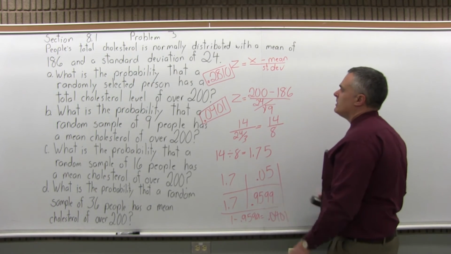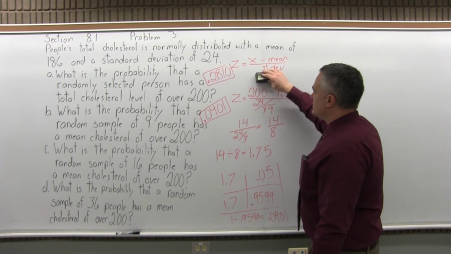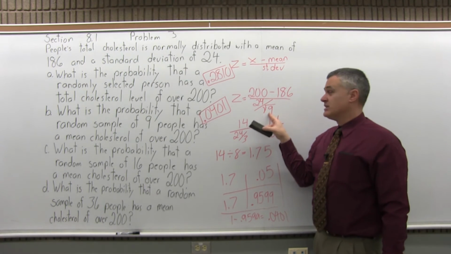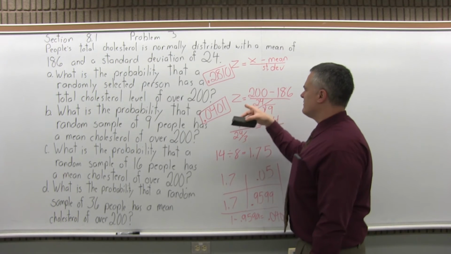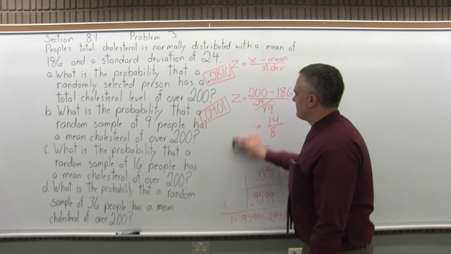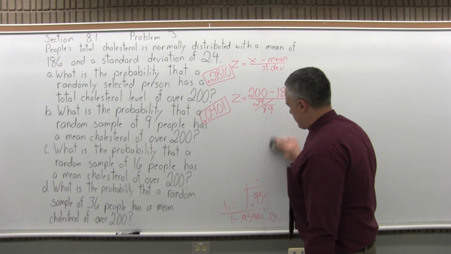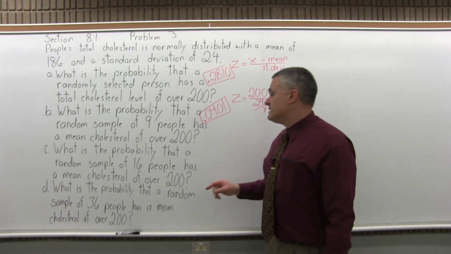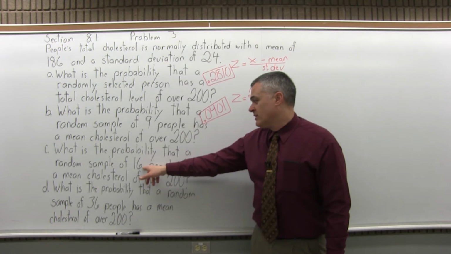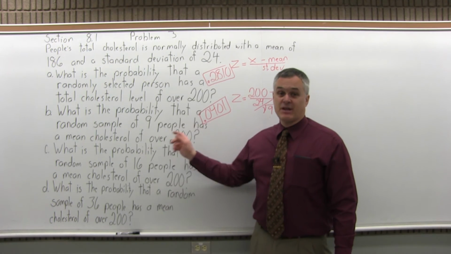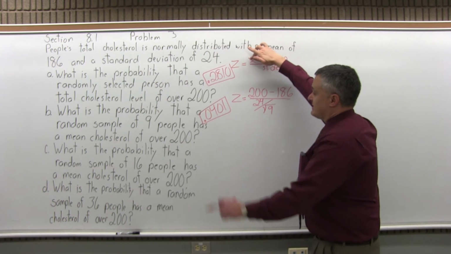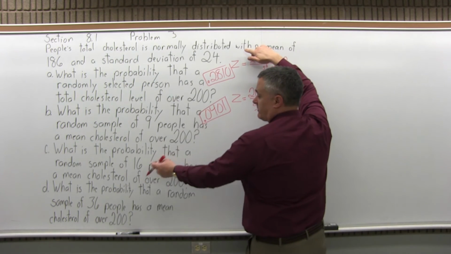Again, I'll make a little room right next to where I did. I'll leave the z-score formula and I'll fill it in. It's going to fill in almost the same. The only thing really that's going to change is the denominator here. So in fact, let's leave the next line too. So again, I need to find the z-score for a sample of 16 having an average cholesterol of over 200. Same z-score formula, x, the number I'm converting, is still 200 for part C,